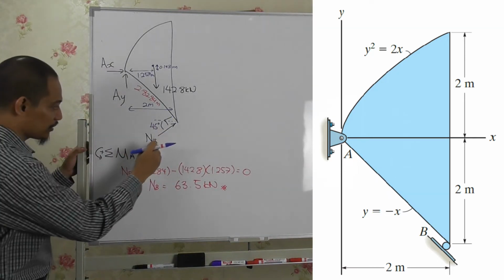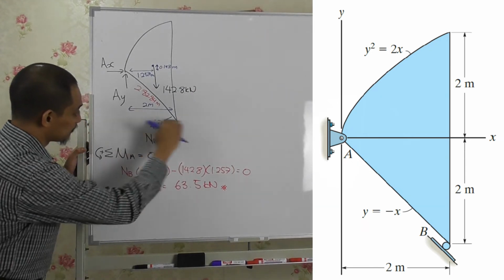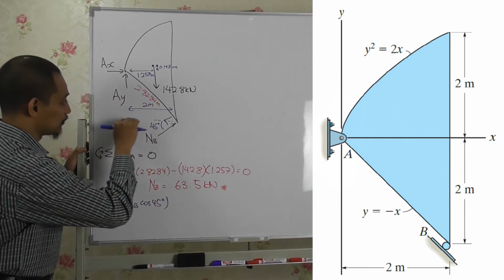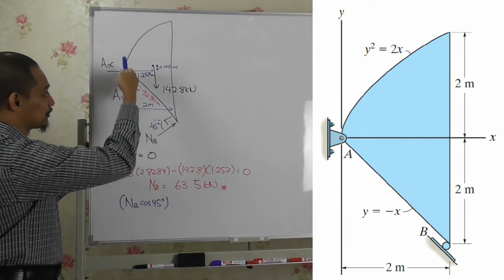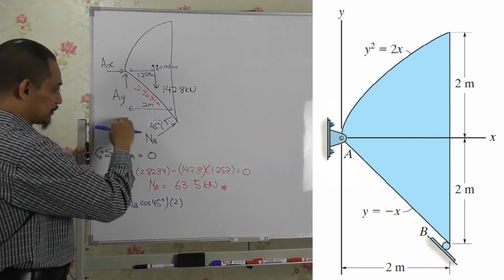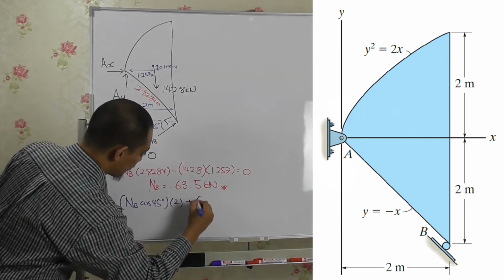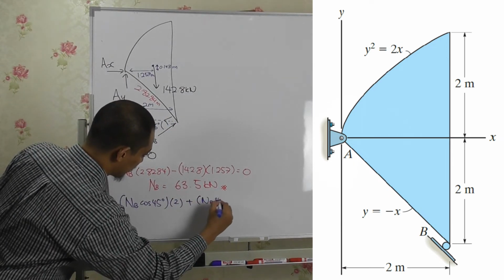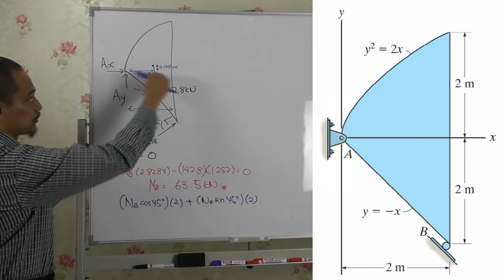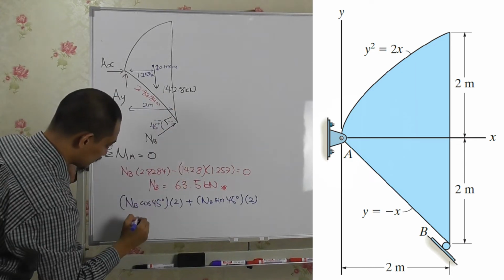For the horizontal, it will be NB cos 45 degrees times this distance, which is 2, and then the vertical is counterclockwise as well, so plus NB sine 45 degrees times the distance of 2, which is this 2 here, right, and then minus